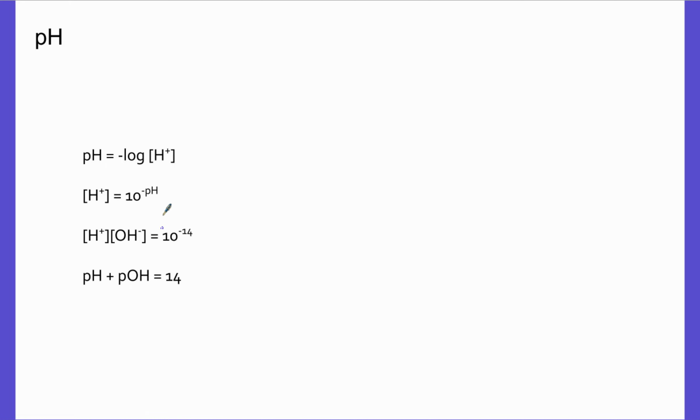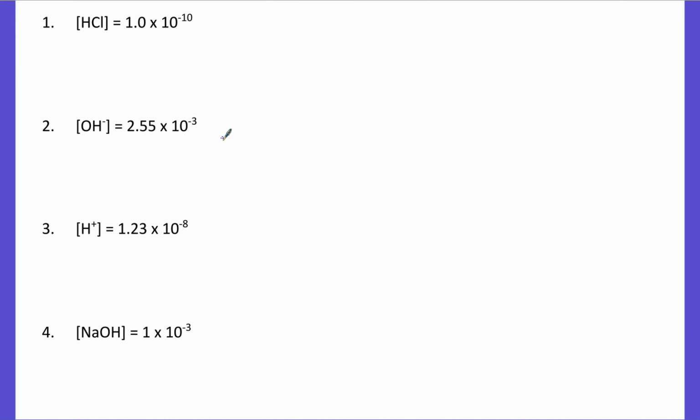So all of these things are going to be useful when we go to do worksheets later. But initially, at least, what you're supposed to be doing, okay, if I have a hydrogen ion concentration right here, and I know this is my hydrogen ion concentration, because HCl is an acid, right? It's a strong acid. So I know what my concentration is here, so I do a negative log